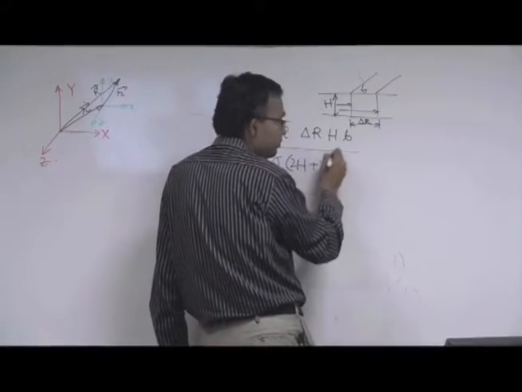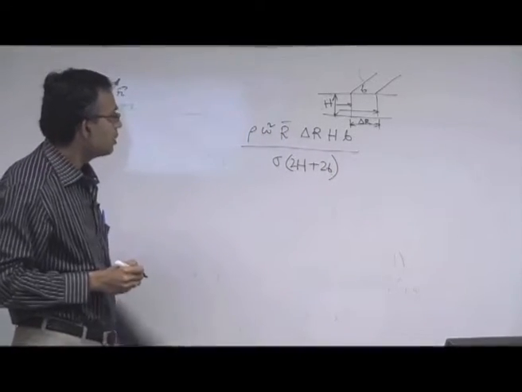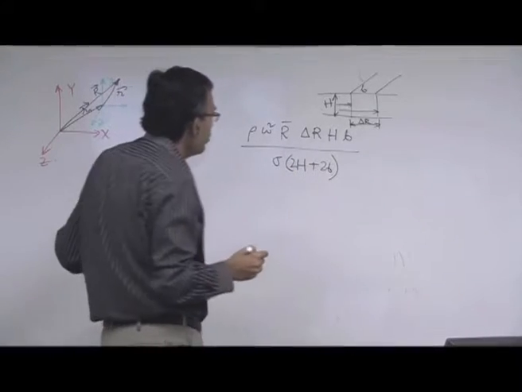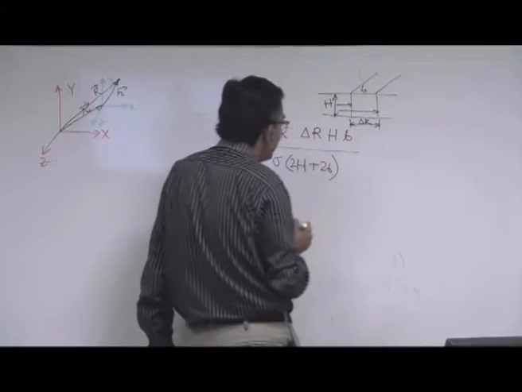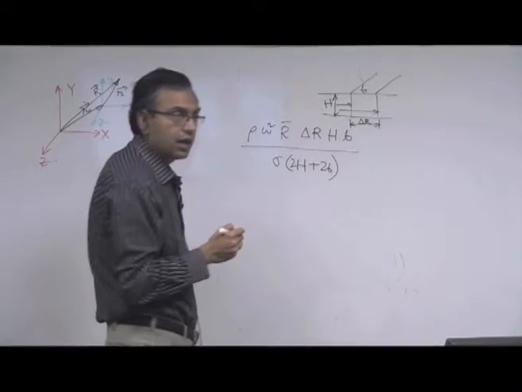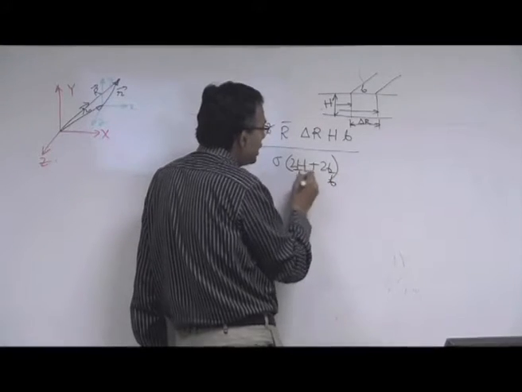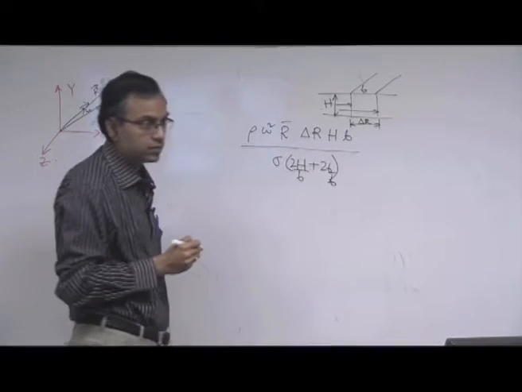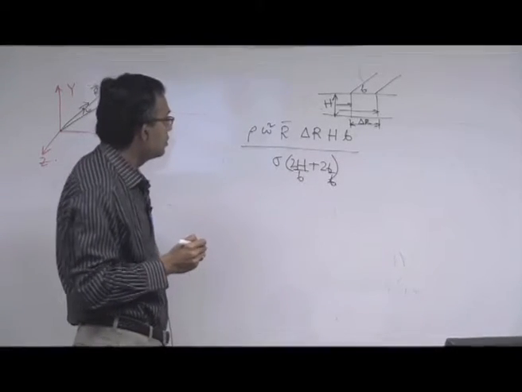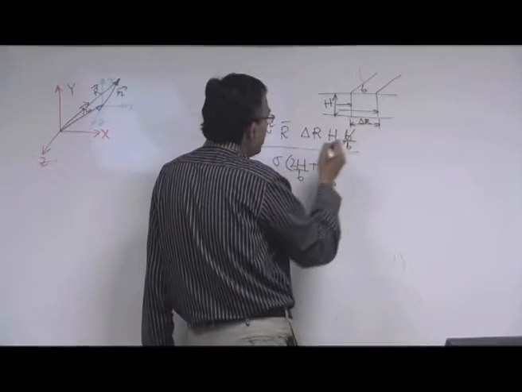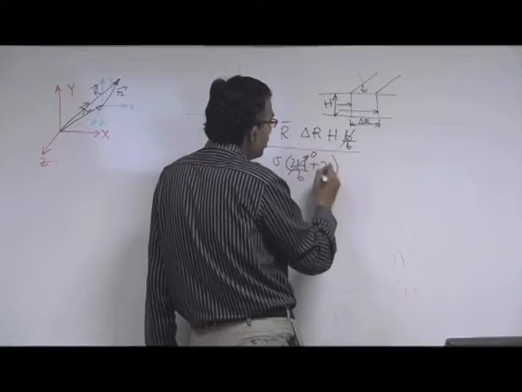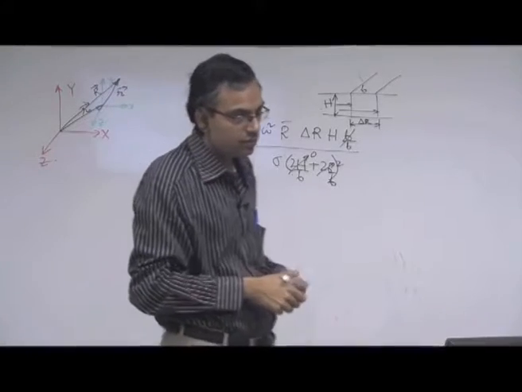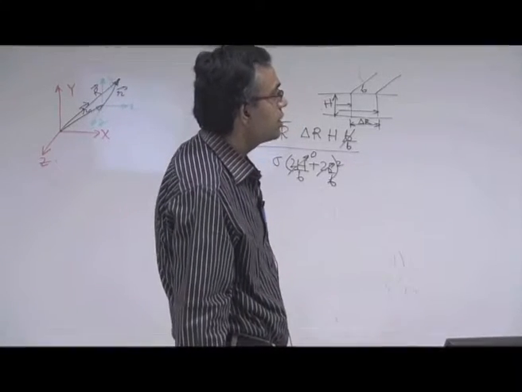2H plus 2B, right. These 2 and all these factors are not important when you consider scaling. So you divide both numerator and denominator by B, and consider the limit as h by b tends to 0. Divide by b. So this term goes away, this term will tend to 0, this term will be of the order of 1. So you look at the slide now, let us go to the slide.